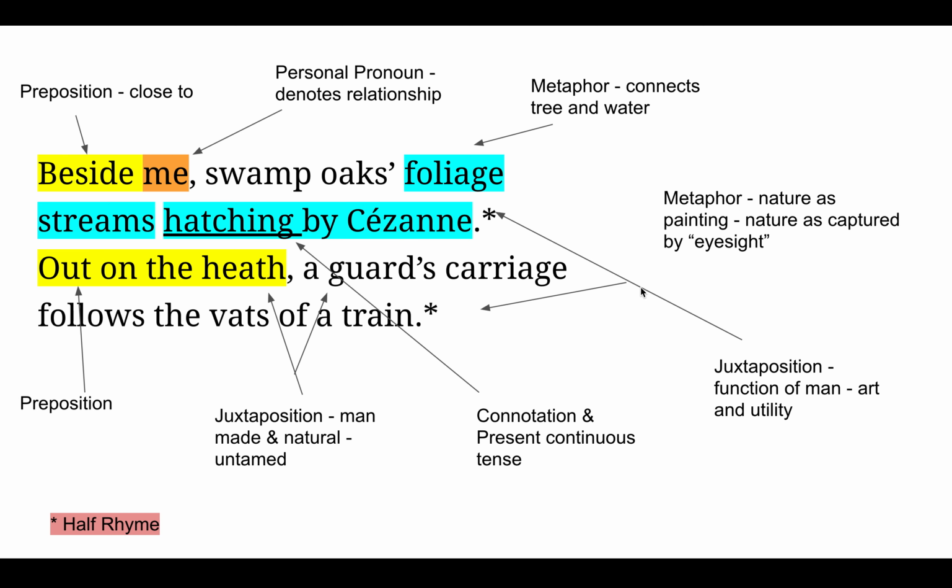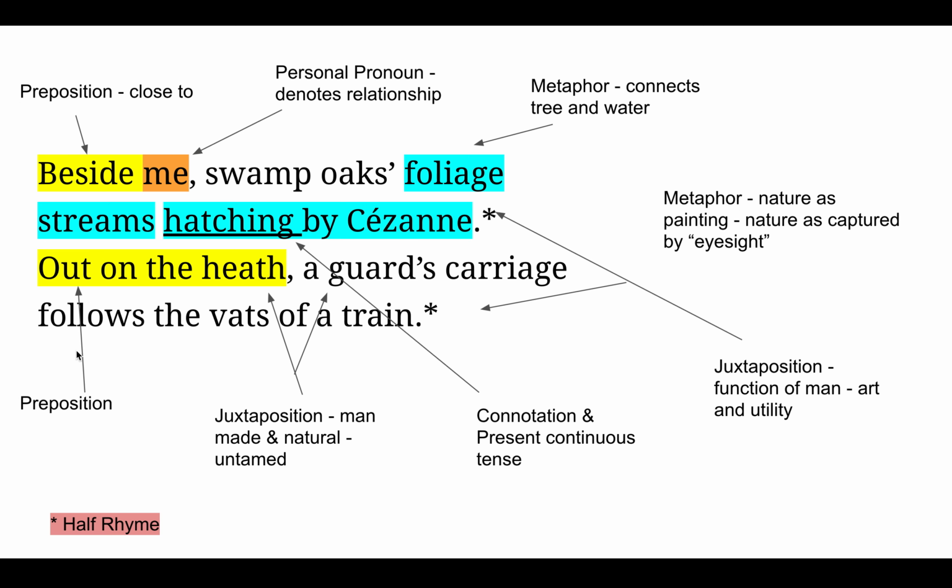I've got here a different sense of there's a juxtaposition in this sentence and this sentence, which both sentences make up the stanza. You've got this juxtaposition of two functions of man. So man can create art, and he uses that by describing nature as art, but man can also think of things as being a utility, as being something of industry. And that's expressed in that second line with the idea of trains, guards, carriages. So in these two-line sentences, you've got that juxtaposition which could call into question or suggest things about what man does and the experience of man.